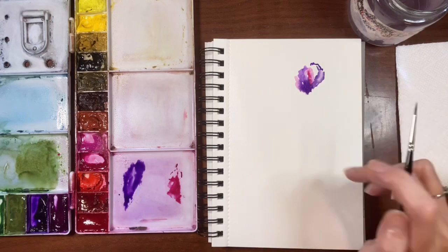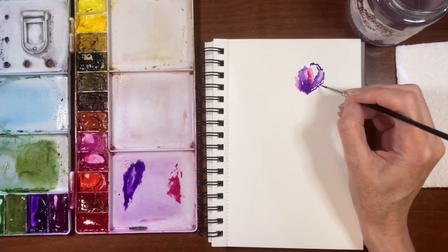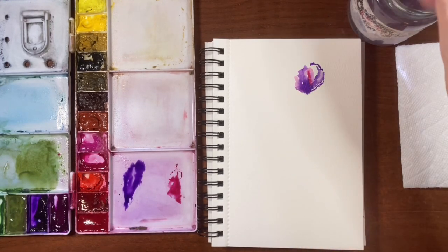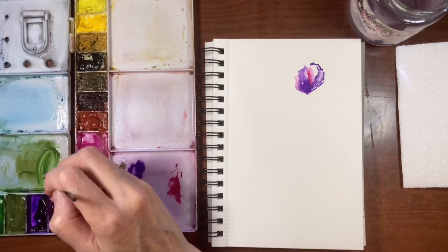Okay, so I'm going to leave that white space in the middle there, and you can also just do some lines up the sides, and it's almost like you're going in with a shaky hand, if that makes sense. Now I'm going to go and get some sap green,